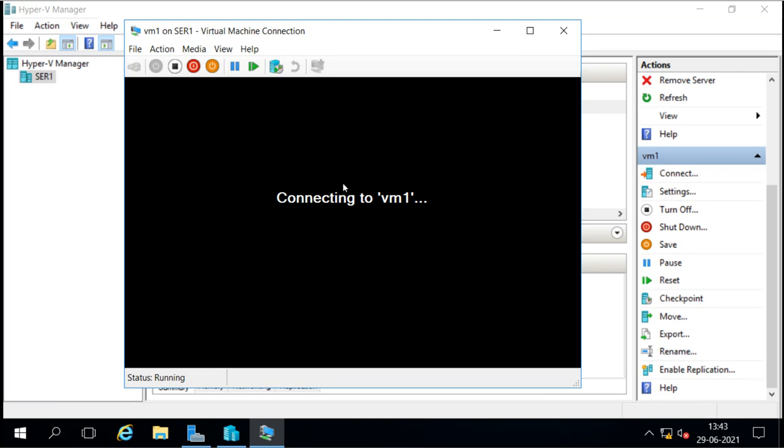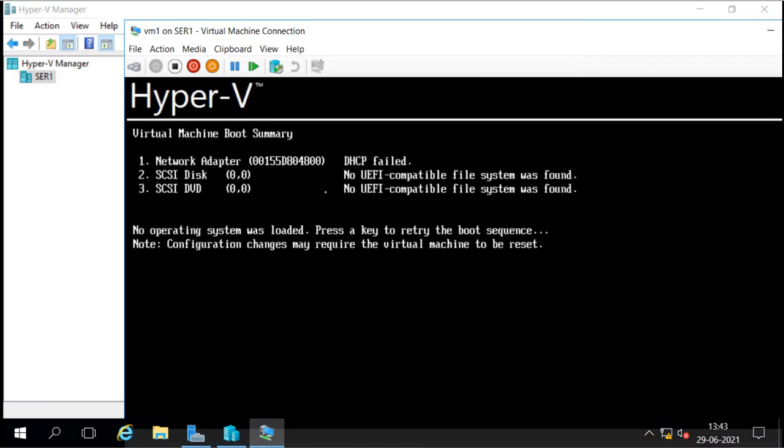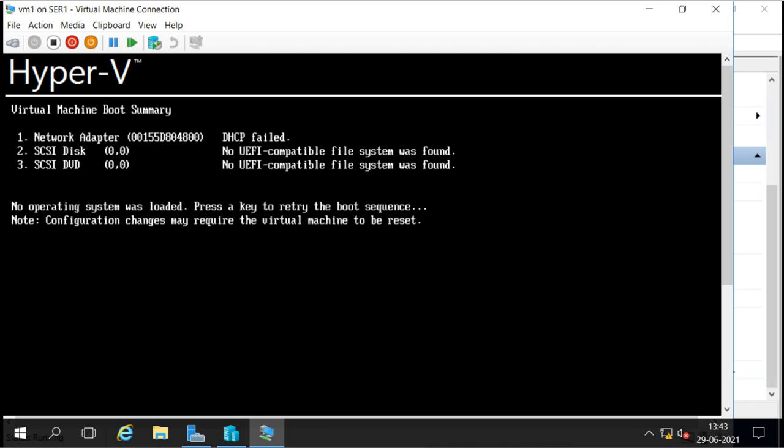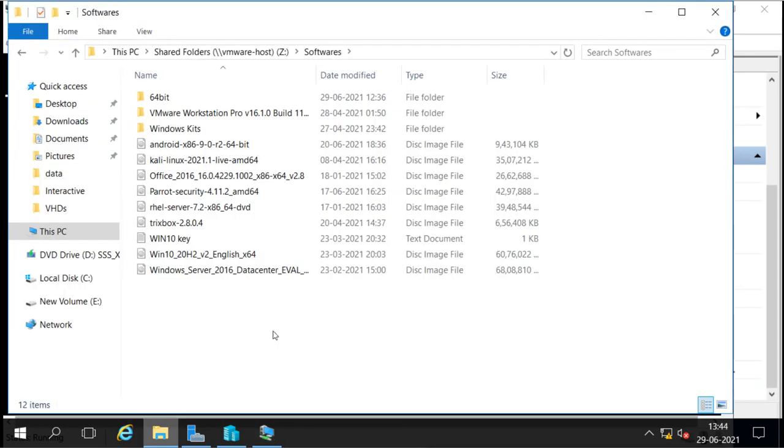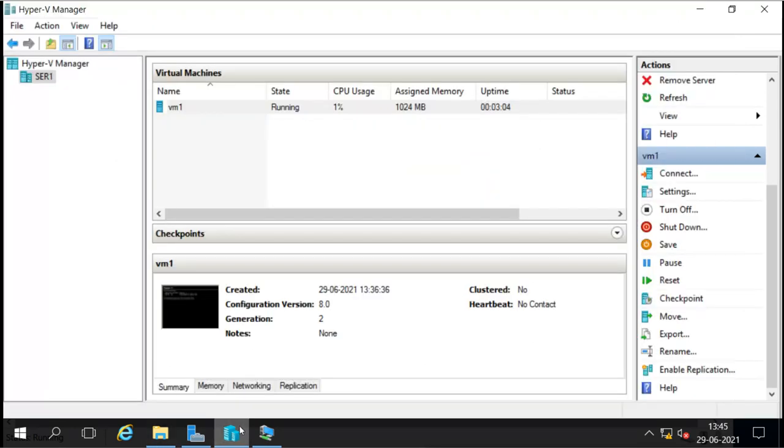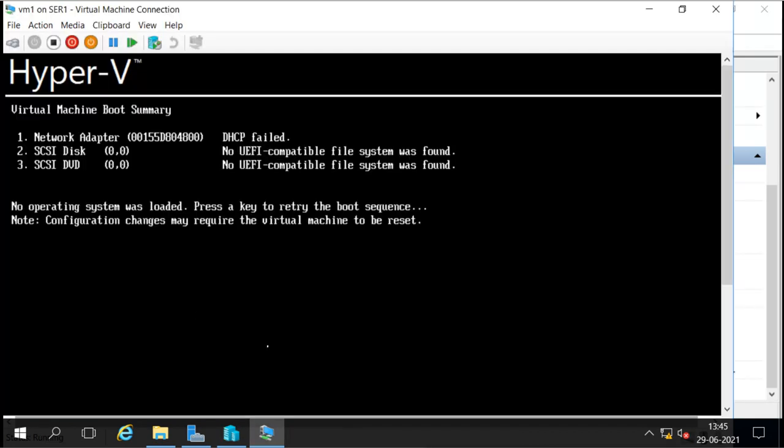And it is not running, it is running, it is connecting. Okay, it is connected here, but it has not started the installation because it has not detected any installation image. So we have to provide the ISO file for installing this. So I will provide the ISO file for it, and then we can start the installation. Now here I have these images, so I will select these images. So I will go to this virtual machine setting.